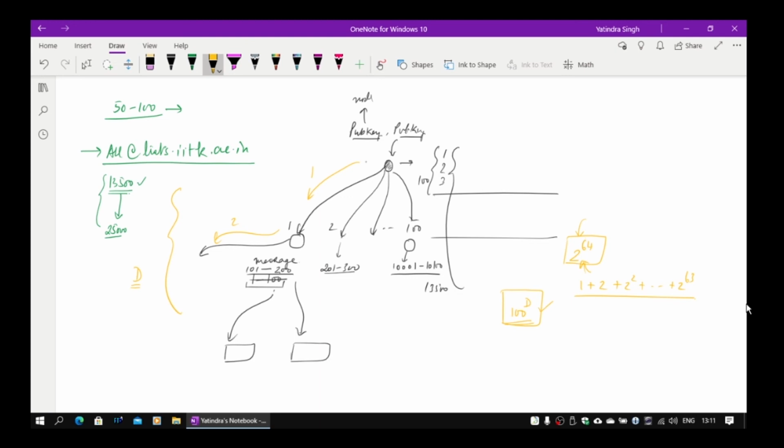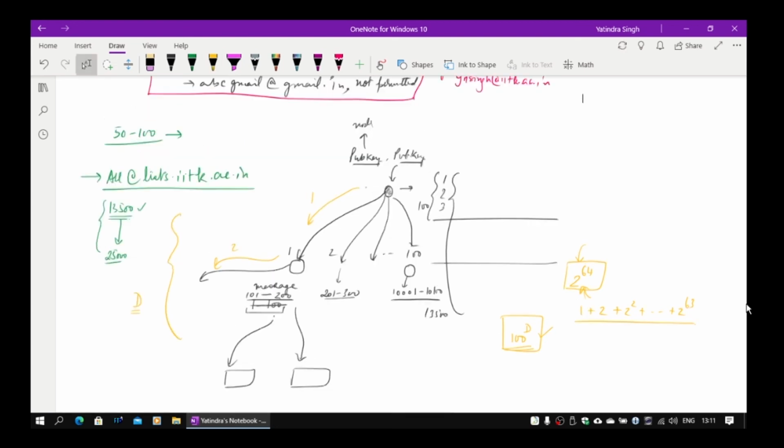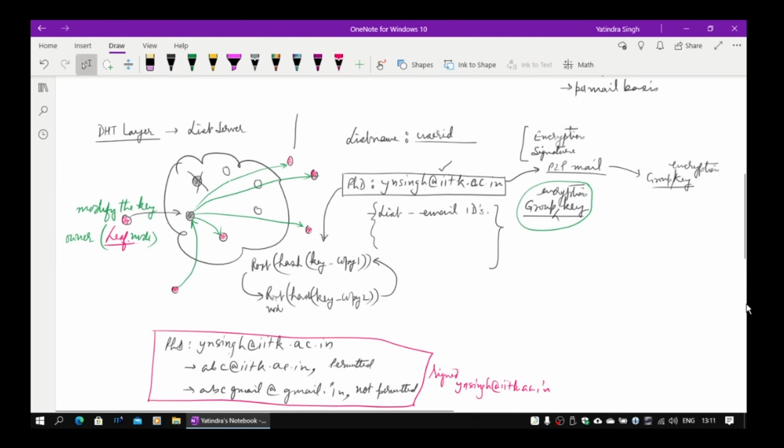But remember, we need to maintain a group key. That's one additional headache which comes in, but this also provides security, and it's better than the normal listserv because you have to have faith in the Computer Center there. Now you don't need faith in the Computer Center. For smaller lists you can maintain your own local list and let your own client distribute it. If that's not there, you can create a separate DST for the list servers and use the list server DST to do all the work for you. So that's how the list server is managed.